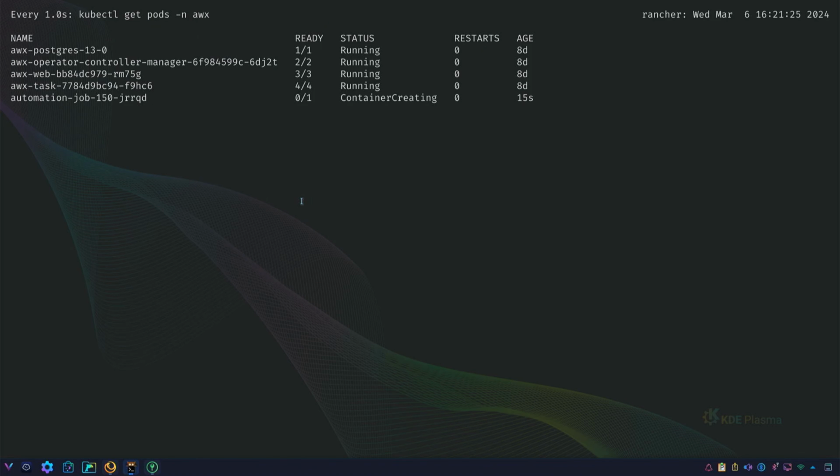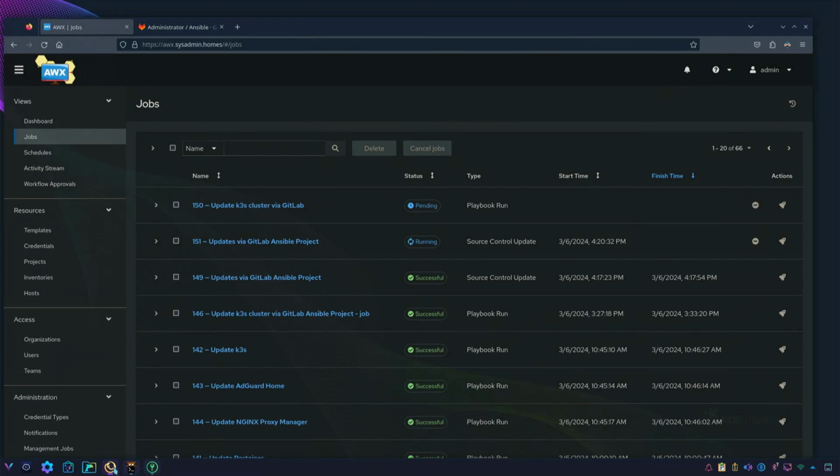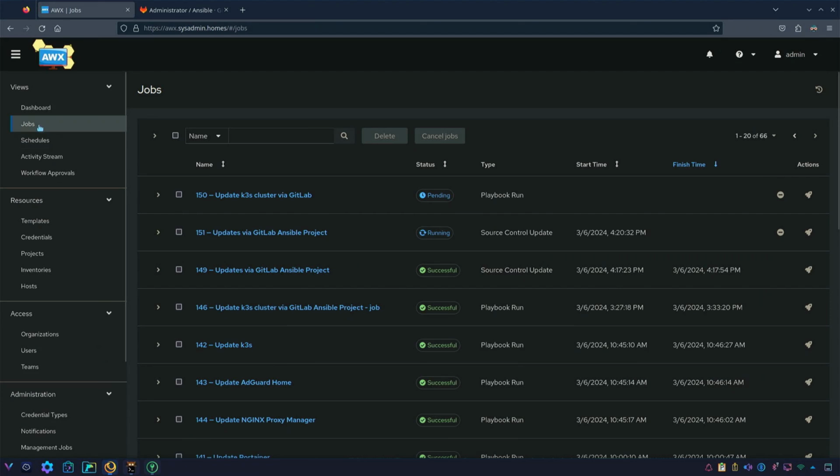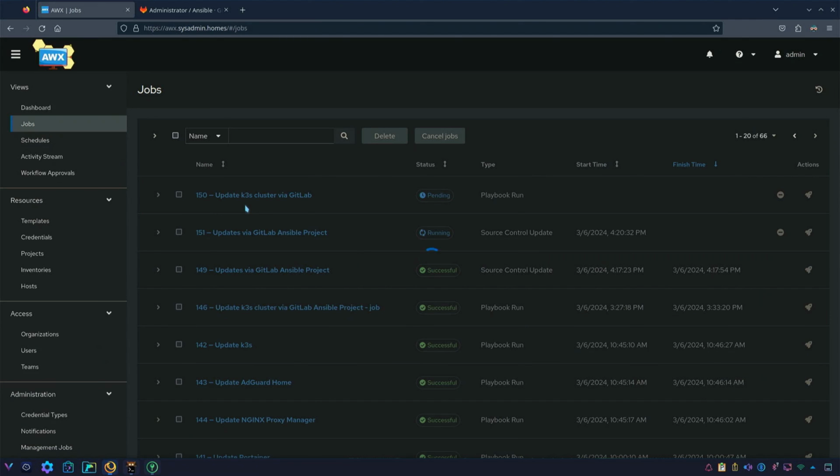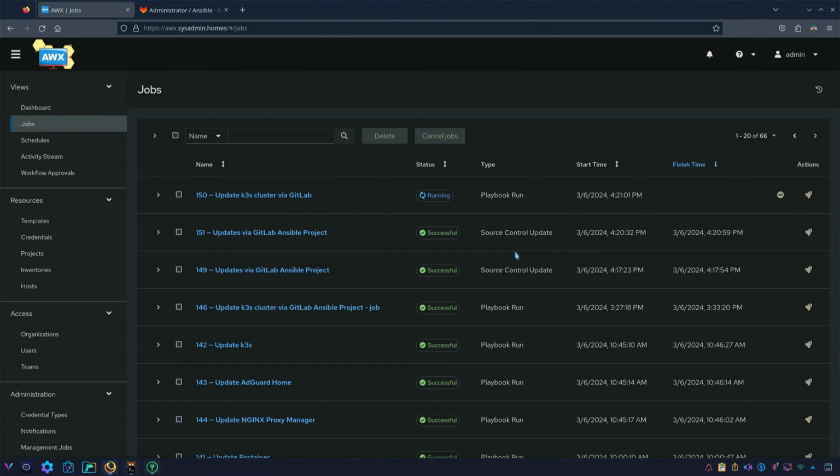Let's watch every 1 second what is going on here. You can see I'm observing pods, and you can see a container is creating. So you need to wait for the container. When it is created, a job will run, and you will see that the status changed. Now it is running. So let's minimize it and go here, and let's click on jobs one more time to see the progress. And this job